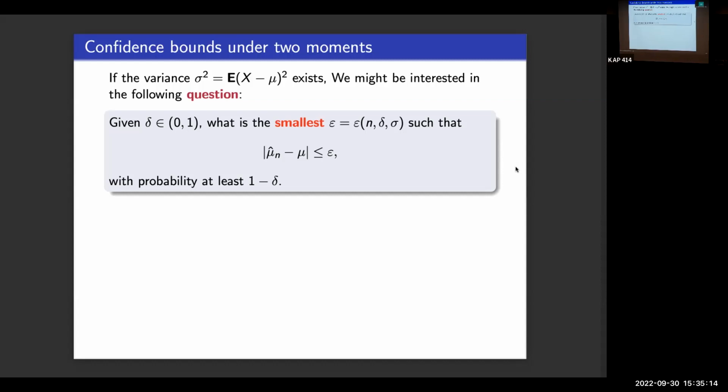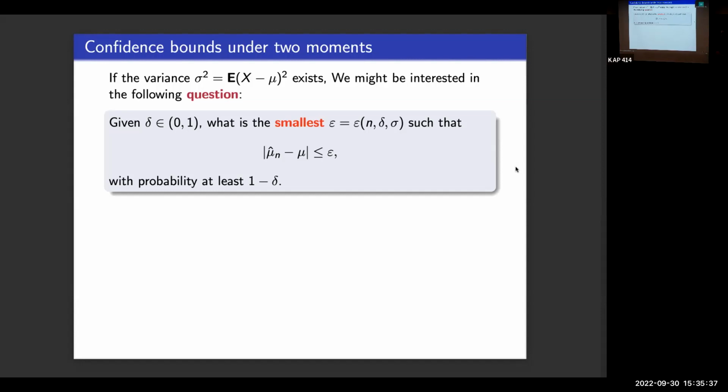Basically, that's what we teach to our students in undergrad classes: when you give an estimator, usually you give a confidence interval. I know that with 99% probability, my parameter falls into this interval. And if you can make this interval small, then as a statistician, that's basically what you're trying to achieve.